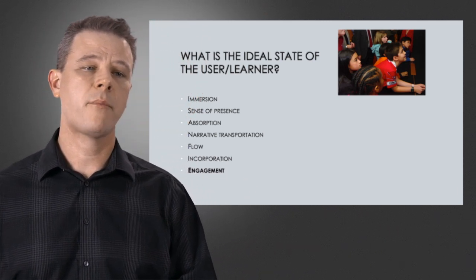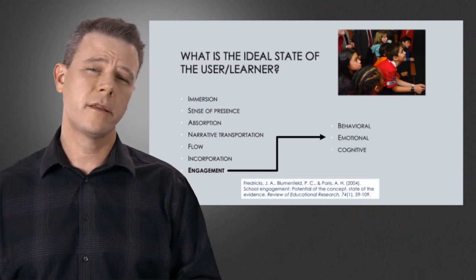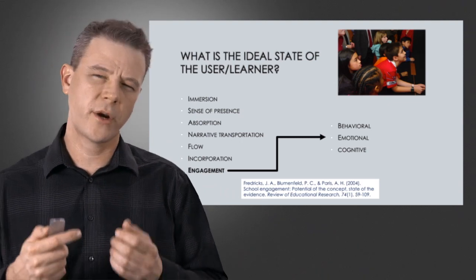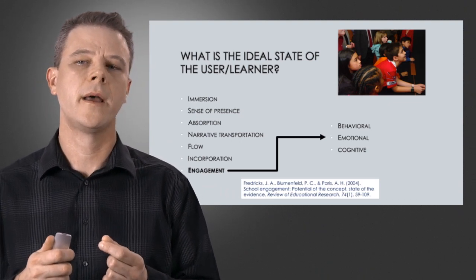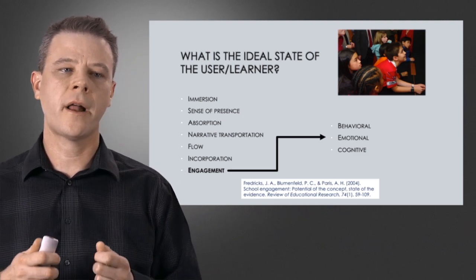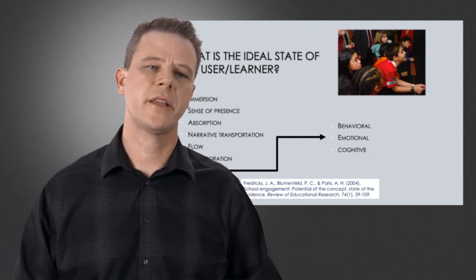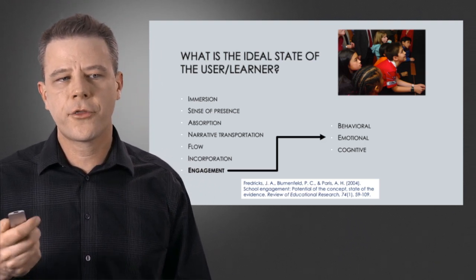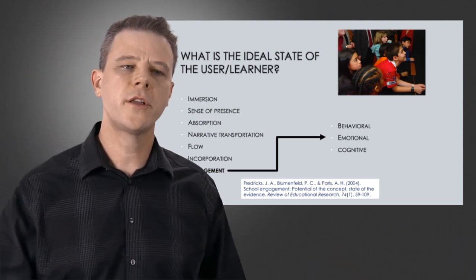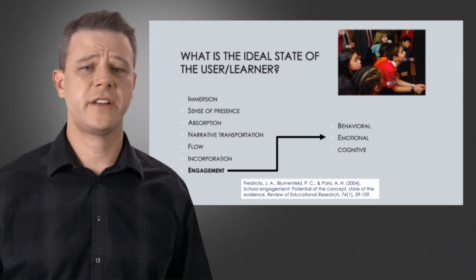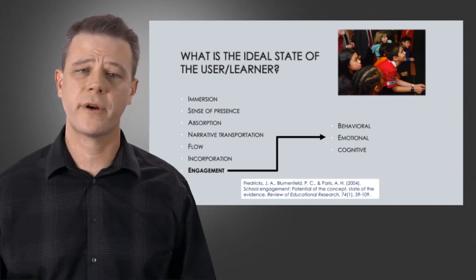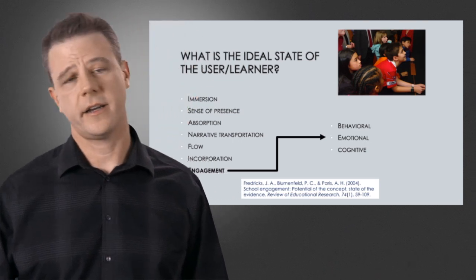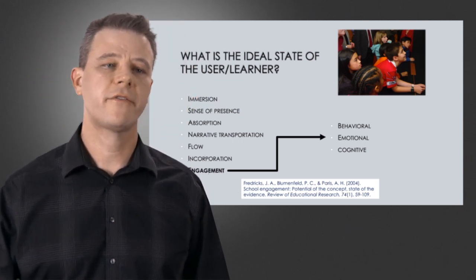So I'll talk about that primarily, and for this I'll cite probably the most commonly referred to paper on the topic, by Fredericks in 2004. Let me just briefly break down the idea of engagement according to Fredericks et al., and that might help us as we think about some of the technologies I want to share with you. So engagement, it's been argued, but it's pretty useful to think of it as having three kinds of engagement. So three possible ways. Sometimes two are active, maybe all three even. Behavioral, emotional, and cognitive.